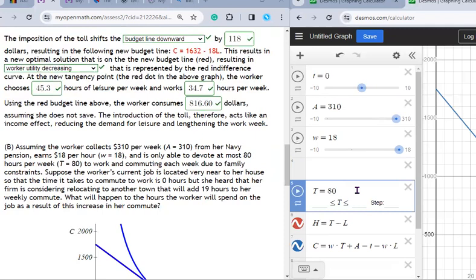The amount of time she can spend toward work, leisure, and commuting is still 80. Now, instead of assuming there's a new toll, we're going to look at the situation where all of a sudden